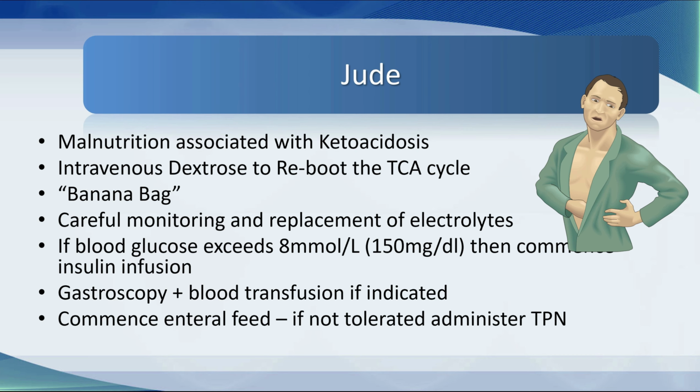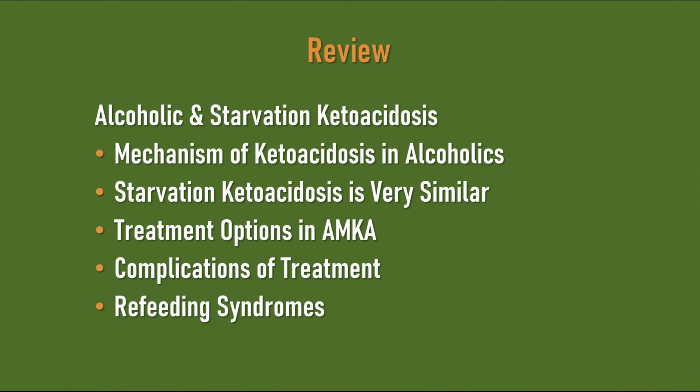Let's review this tutorial. In this tutorial, I looked at alcoholic and starvation ketoacidosis. One doesn't get ketoacidotic while consuming alcohol because alcohol suppresses the production of ketones. So usually the alcohol is stopped and then they become ketoacidotic. I discussed the mechanism of ketoacidosis in alcoholics and why starvation ketoacidosis was very similar,